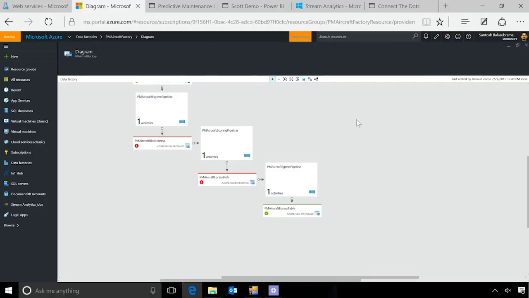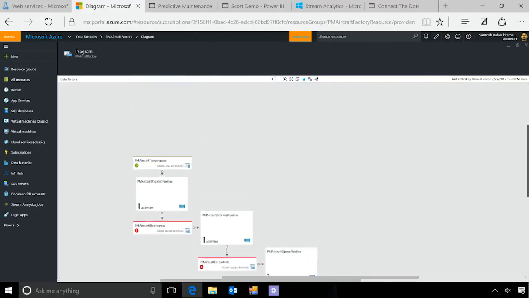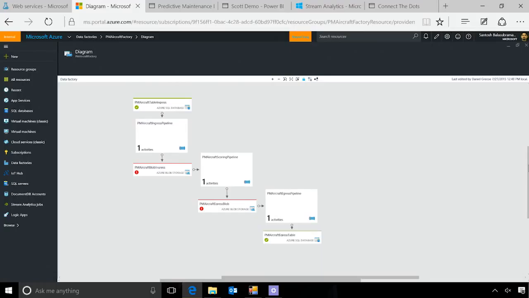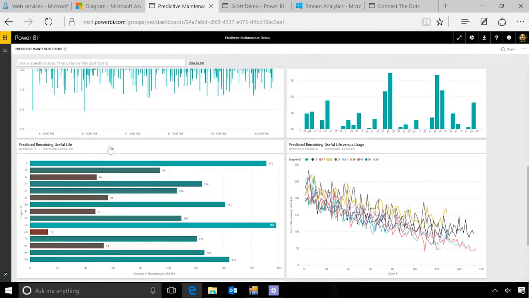So what is Azure Data Factory? Azure Data Factory is a service that not only helps you create, but also orchestrate my big data pipeline. I can monitor my big data pipeline. So in this case, I have created a whole pipeline which reads data from my SQL database. It actually cleanses the data, puts it in the blob store. Then I can call my machine learning model using this activity. The results of my machine learning model is pushed to another SQL Server database from where I am pulling through